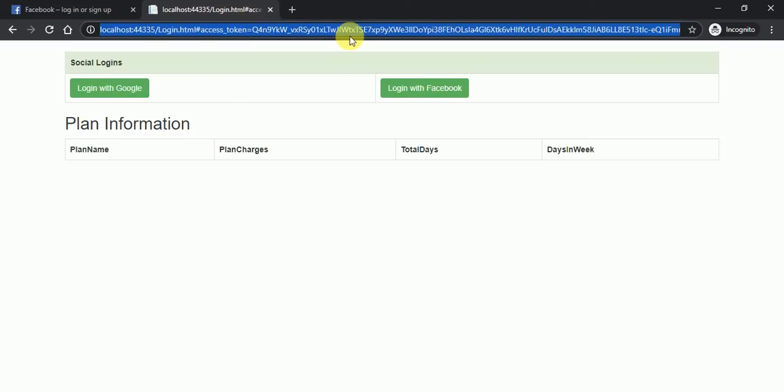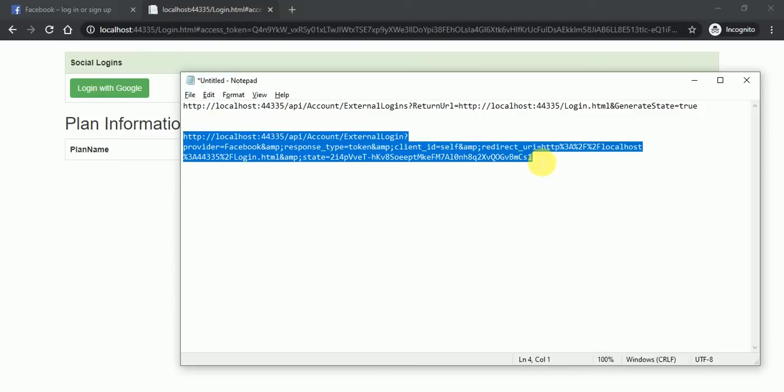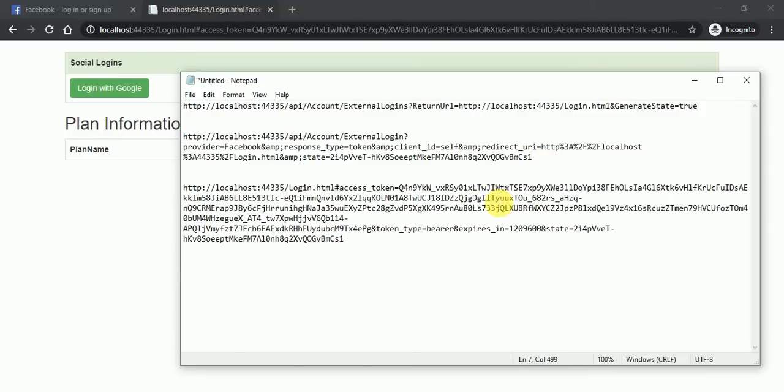Now we got this token. So basically, what is this token and what was the other one will differentiate you. This URL.